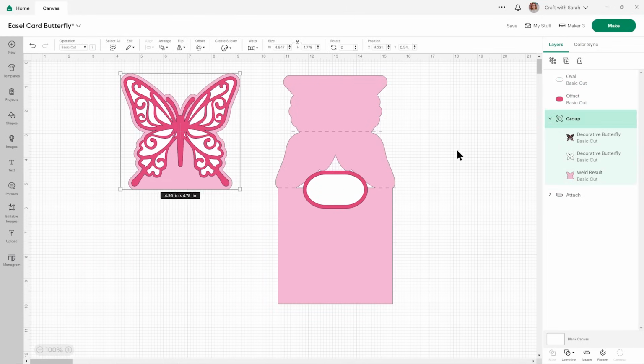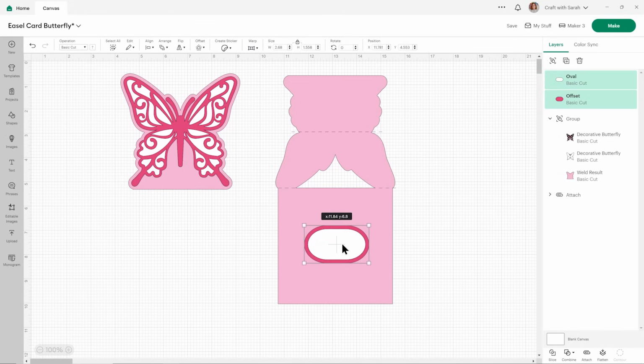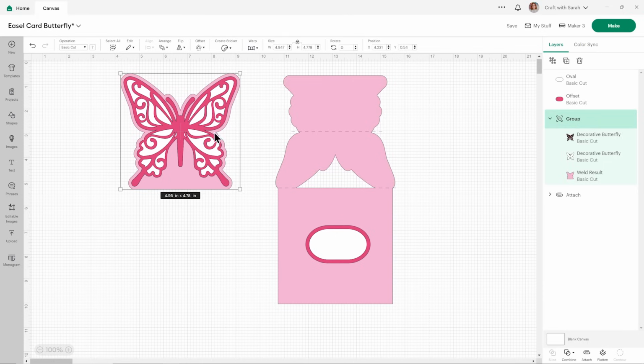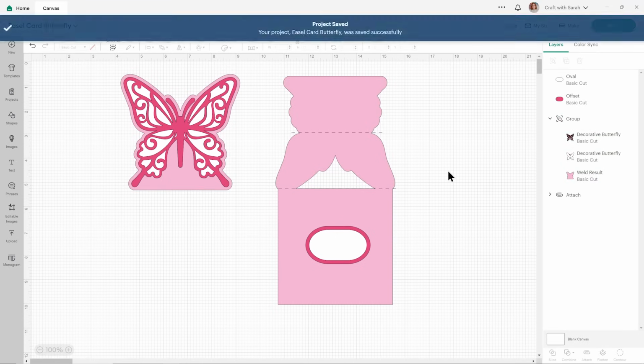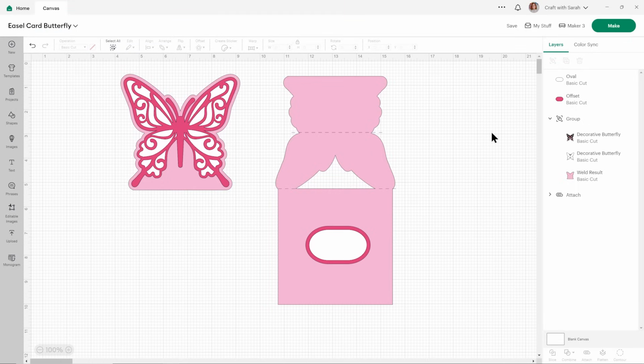Okay. So yeah, that's a bit long-winded for how to resize it. But now that is going to fit nicely, so we're all good. Right, save again. I'm going to cut this out and then we'll see if it goes together. I'm hopeful it will, but let's give it a try.